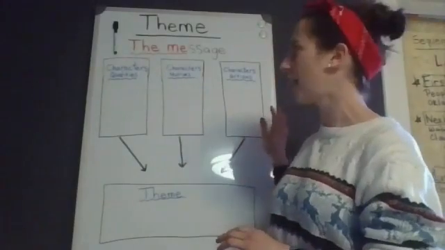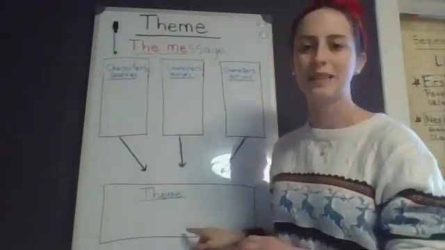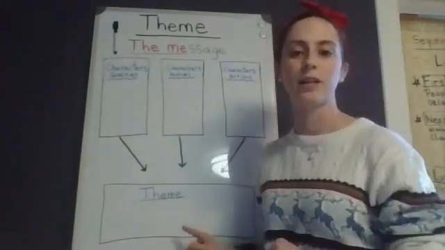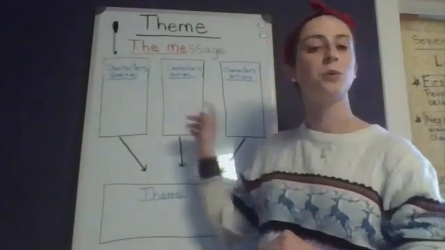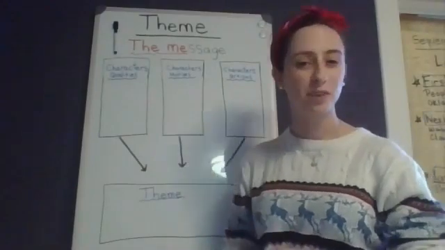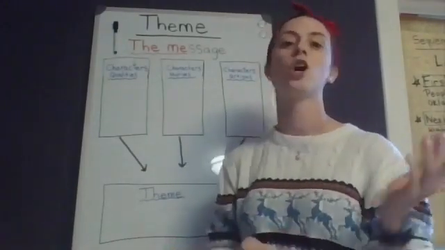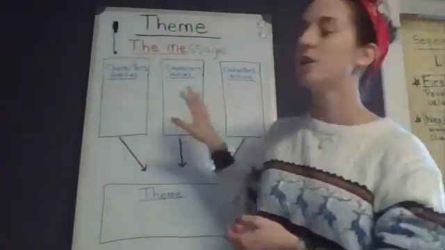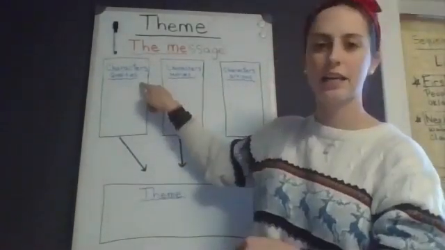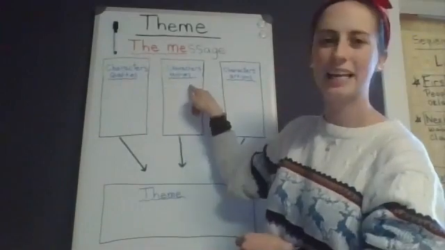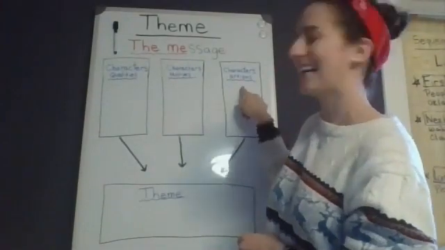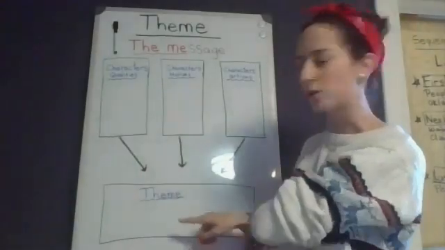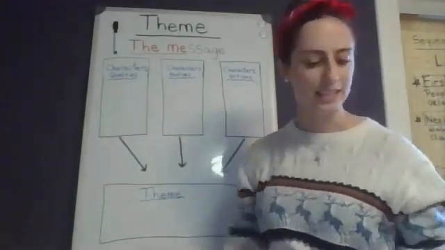So we are going to create a graphic organizer to help lead us to the theme. My graphic organizer has 3 parts that will help get us to the theme. This is the one I would suggest using. If you have a different one that you have been taught to use, go ahead and use that instead. But for my examples, I'm going to use this one. So our 3 parts are characters' qualities, characters' motives, and characters' actions. And then all of those combined together at the end of the story will hopefully help lead us to the